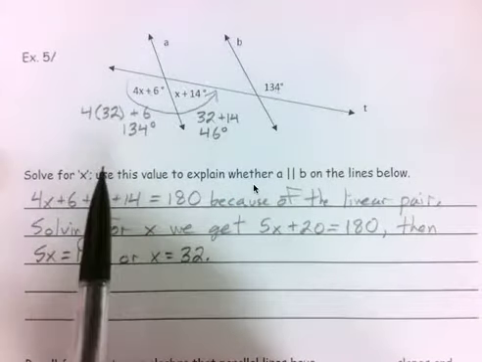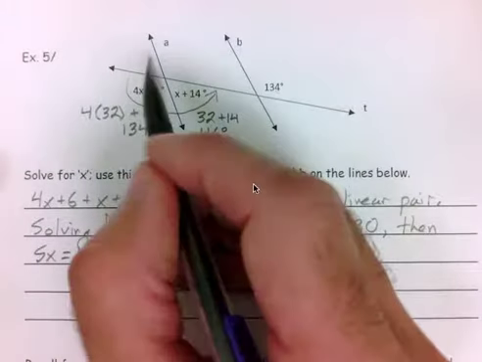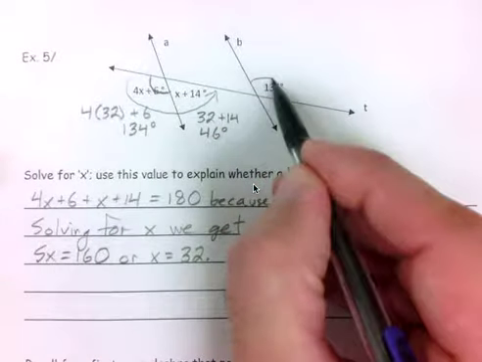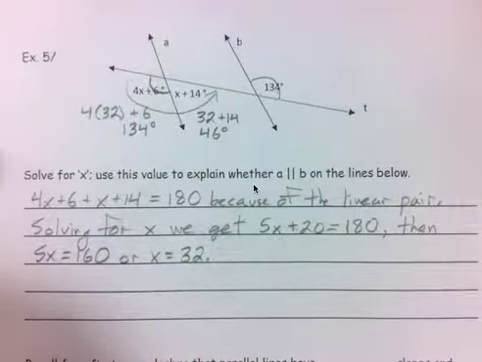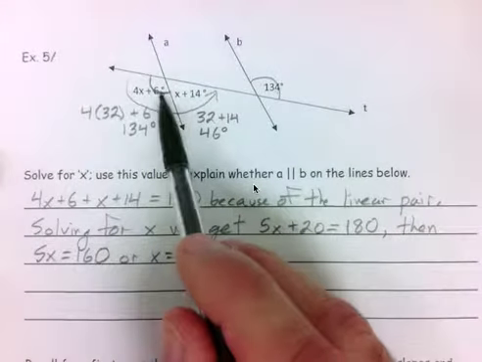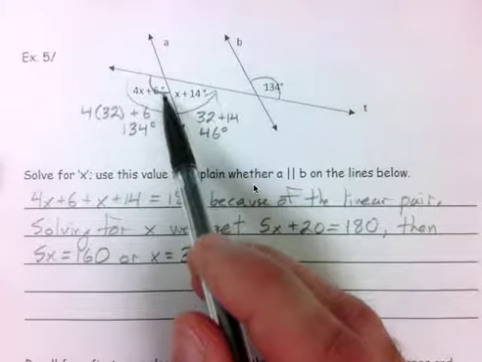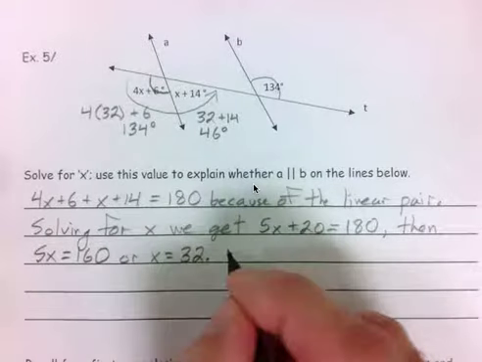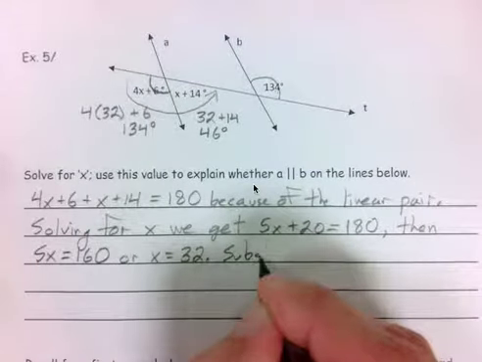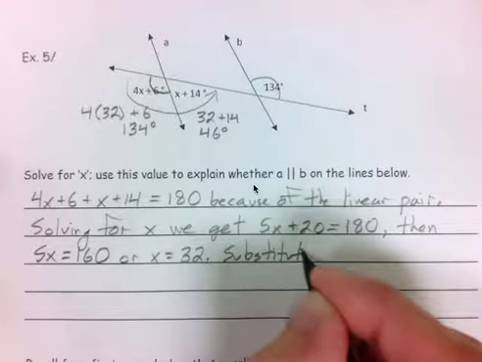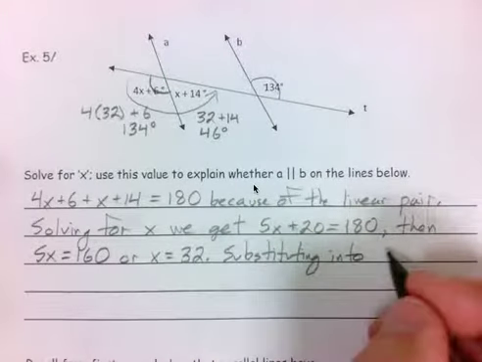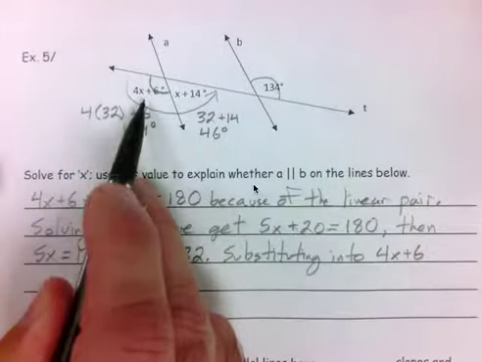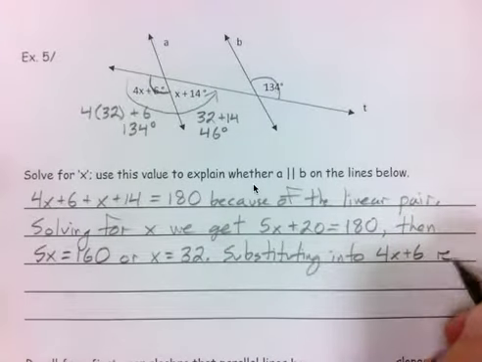But now notice, because of the value of x that we got from the linear pair, I can see that this angle here really is a 134 along with this angle here. So now I can see that I have a pair of alternate exterior angles that are congruent, and that will force lines A and B to be parallel. So I can say, knowing that x is equal to 32, substituting into the 4x plus 6, into this angle up here,